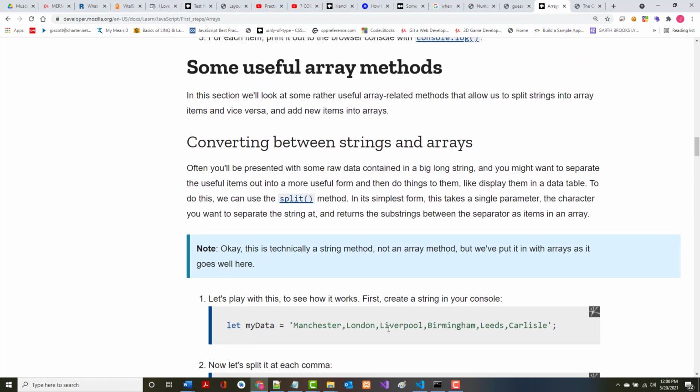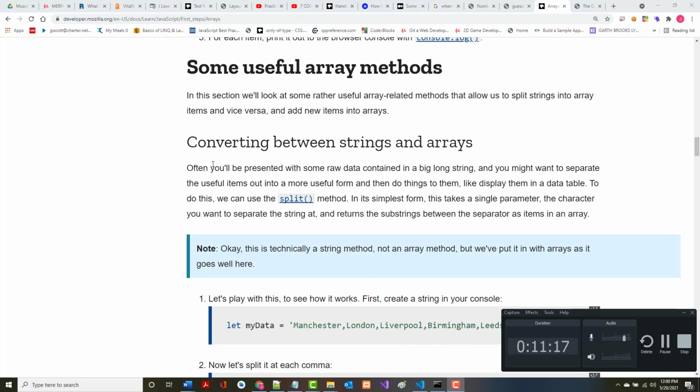All right, I'm going to stop right here, even though it's early, and I'm going to go through the useful array methods, and I'm going to do that in the next